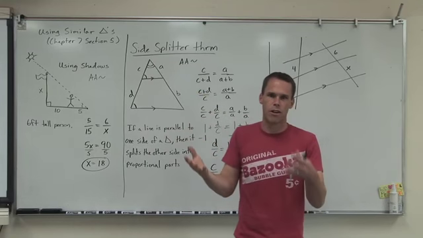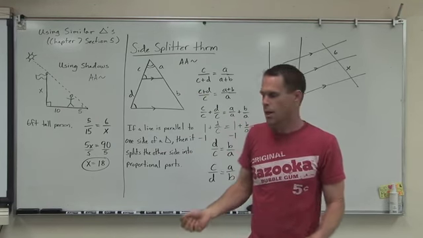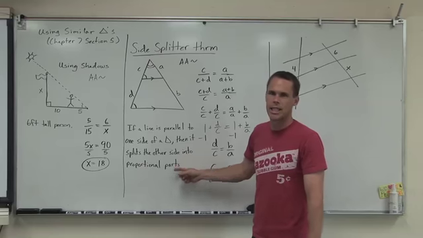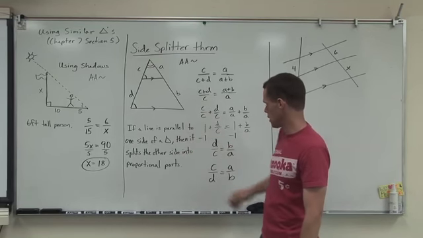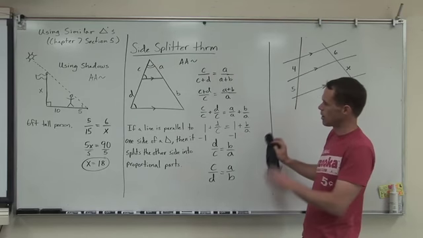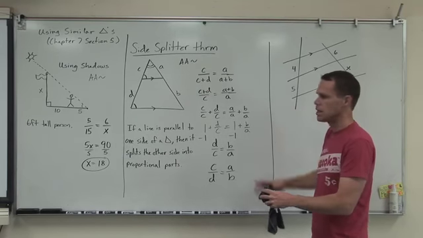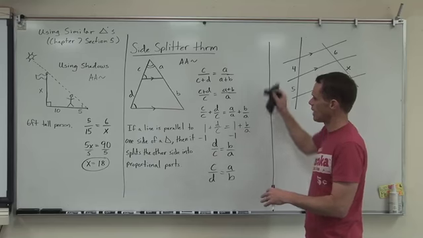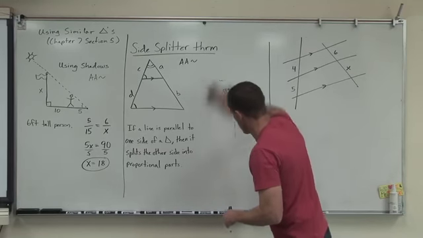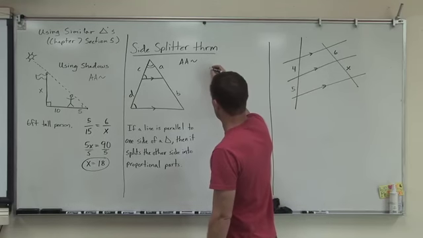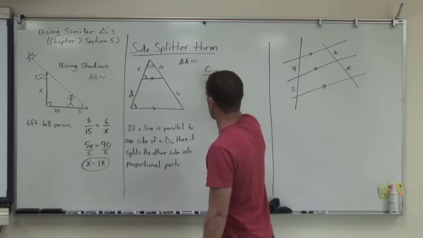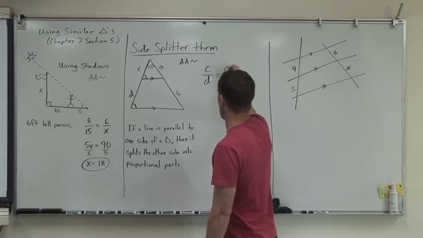The proportion was there for us the whole time because the side splits it into proportional parts. So I'm going to erase the proof now. That was the idea that you got to look at and see. And what I'm going to do now is I'm going to say the side splitter theorem says C over D equals A over B,